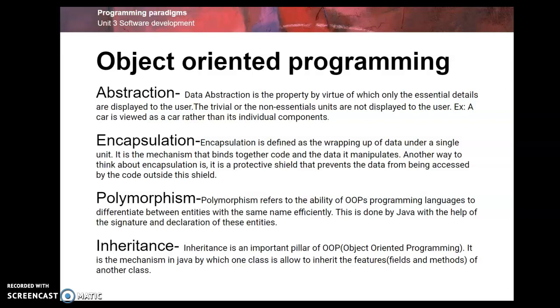Abstraction is the same as in any programming language. It's hiding the non-essential details and just showing what is essentially important to the user. Think about a class in itself as an abstracted data structure. All the non-essential details are hidden from the user, so the user doesn't need to know what methods or functions are being used, or what kind of variables, or as we call them for classes,